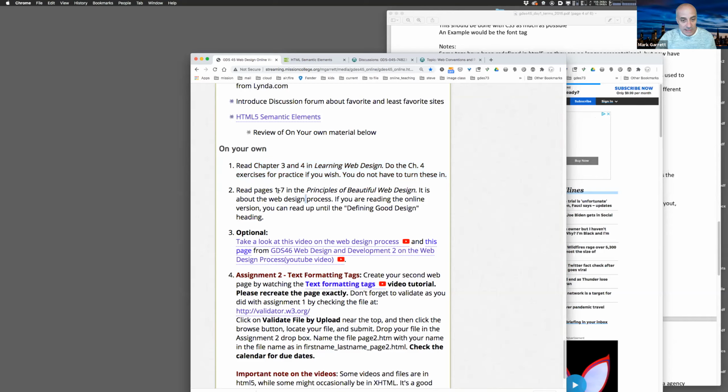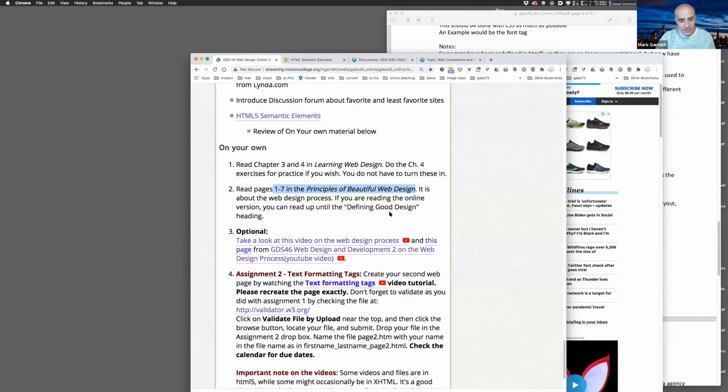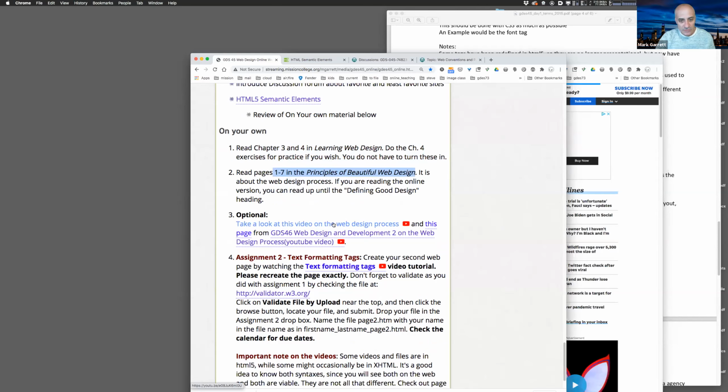Definitely look at pages 1 through 7 of Principles of Beautiful Web Design. It's about the web design process, which we'll be talking about a little bit. There's also a video here from the 46th class, which is the intermediate class. That's optional, but if you want to take a look, it just talks about typical web design process stuff,